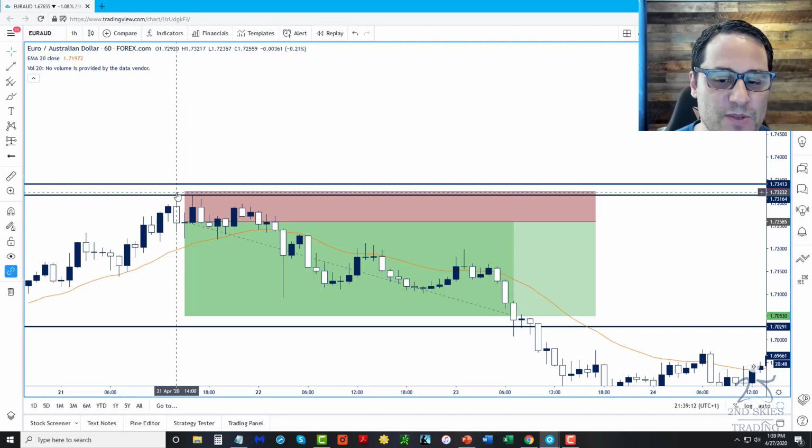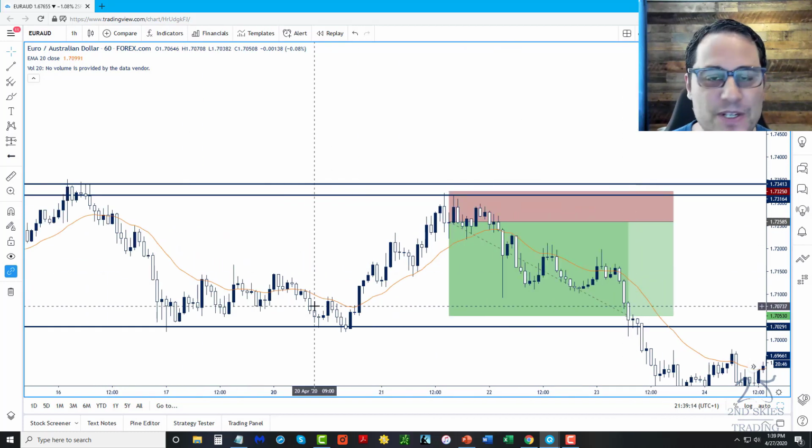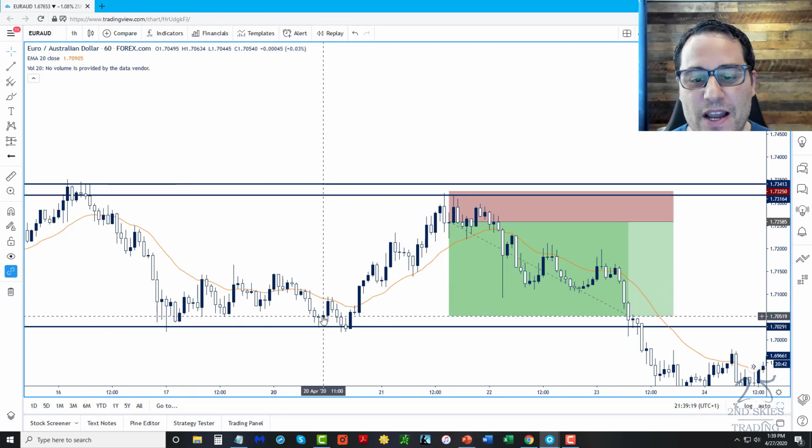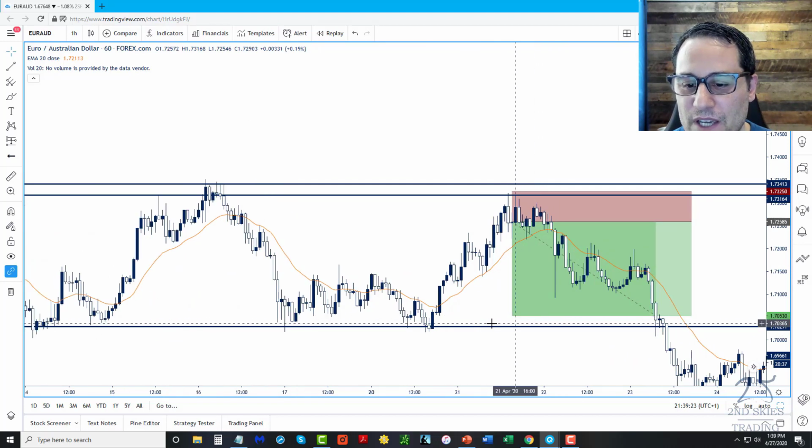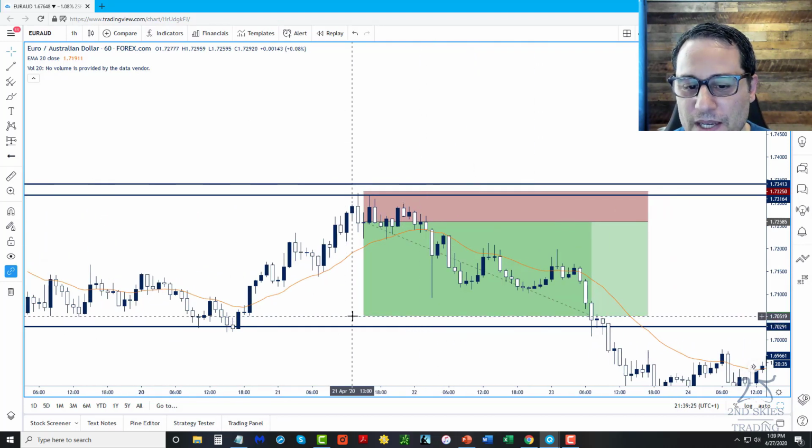Very, very smart play on this one here. In terms of his target, it's very straightforward. He's targeting the bottom of the range. And then what he's saying is, look, here's the bottom of the range. The market has held pretty consistently. And I'm going to give myself a little bit of a buffer here and get about 20 pips above